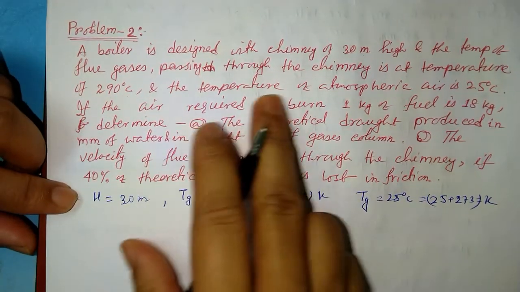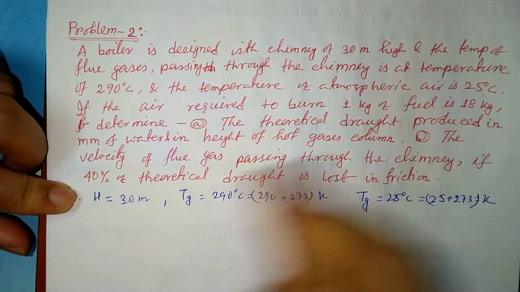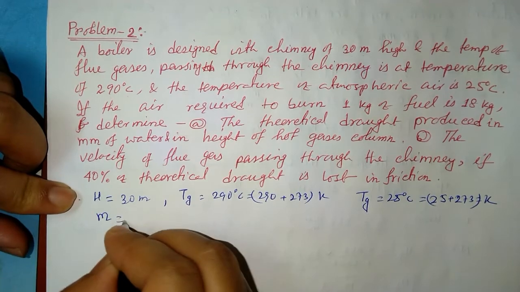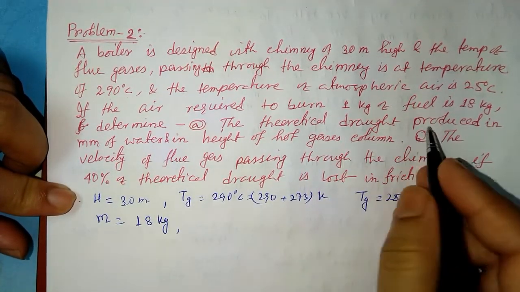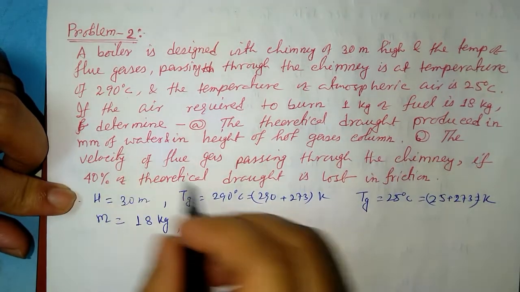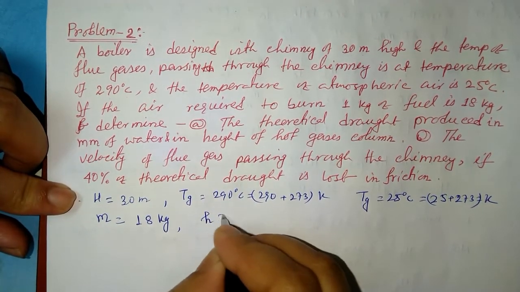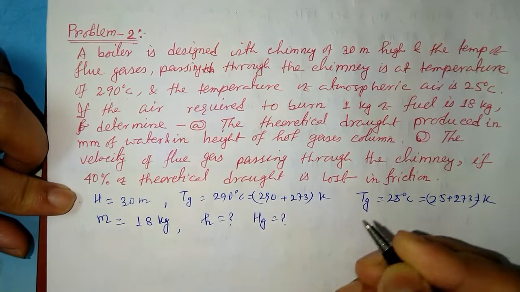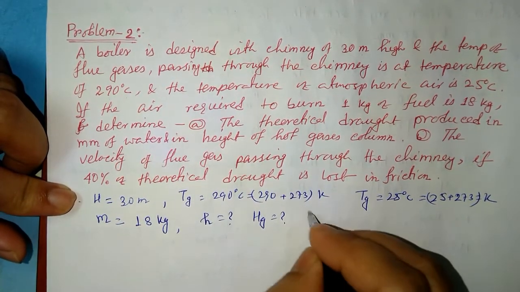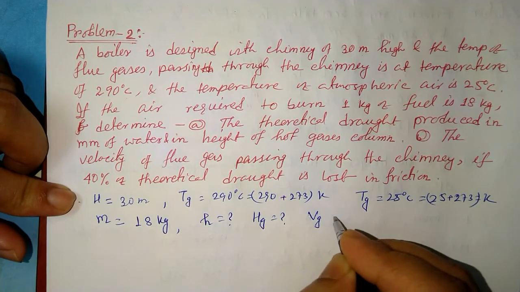The mass of air required is given, 18 kg. What we need to find? The theoretical draught produced, so we need to find H and capital Hg. The velocity, means Vg, we need to find